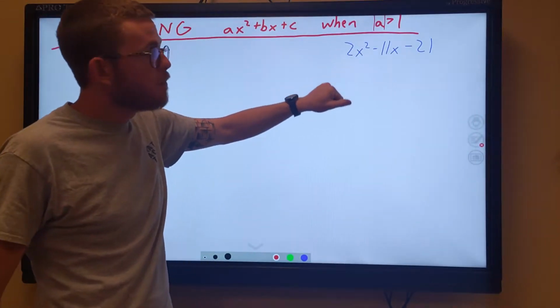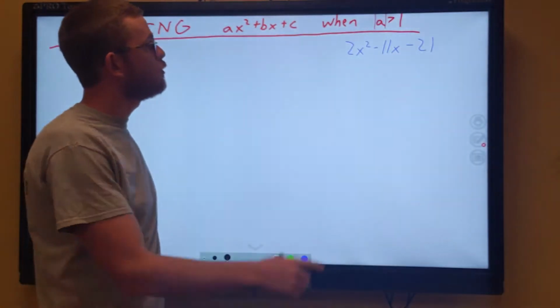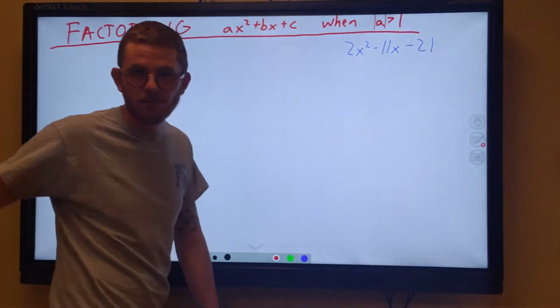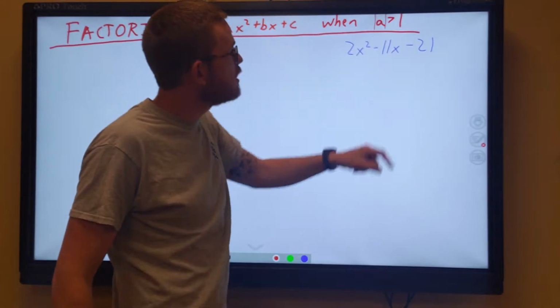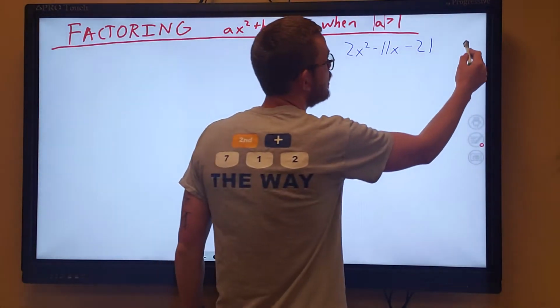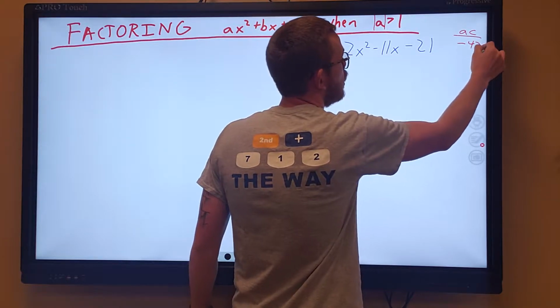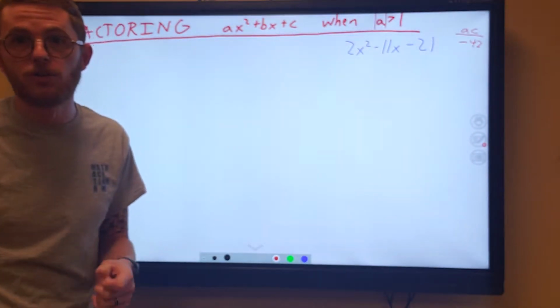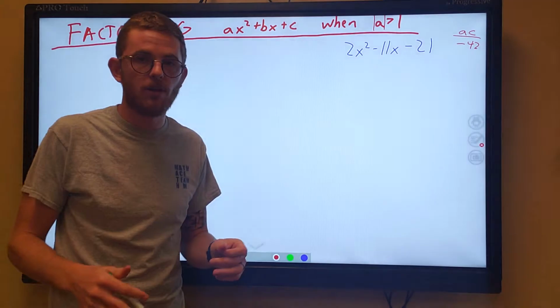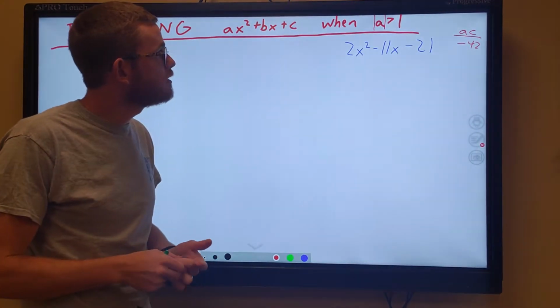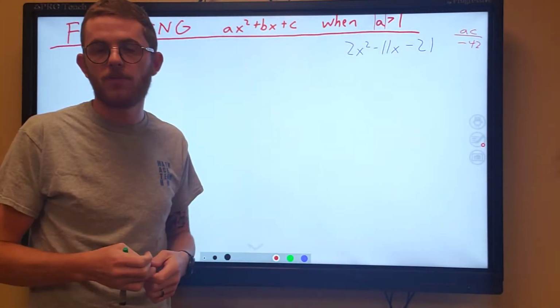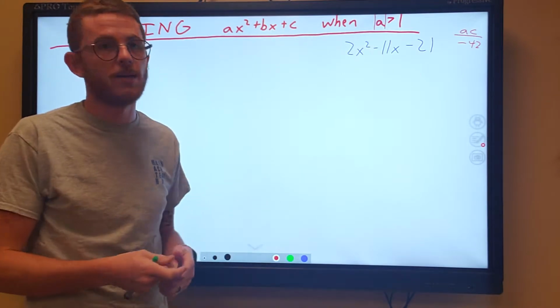But on most of these, we're going to have to multiply a times c. 2 times negative 21, AC for this problem, is a negative 42. That's a super typical thing that we're going to have to do. We're going to have to be able to multiply a times c. Now,